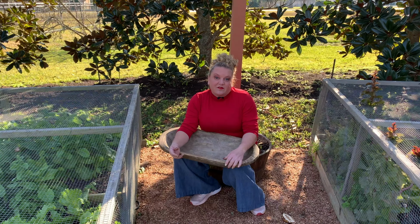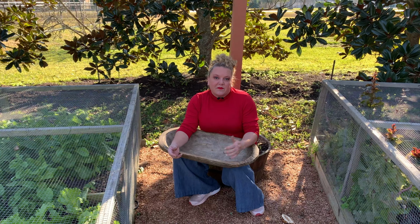I love putting things from the yard onto the table and making sure that our family eats really healthy stuff with no pesticides. All organic gardening done with Microlife,